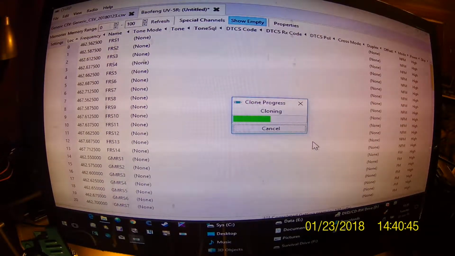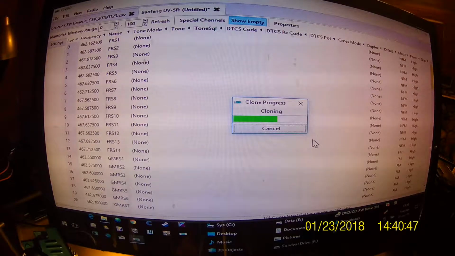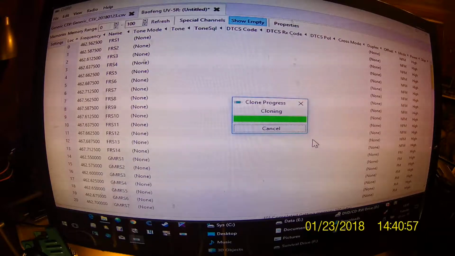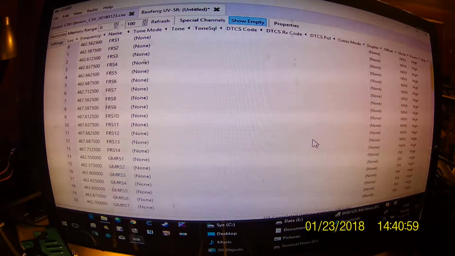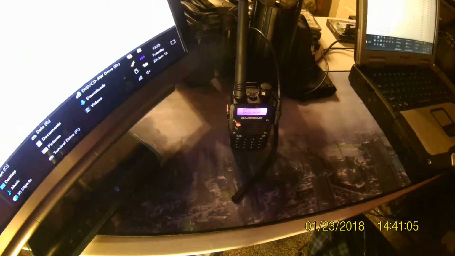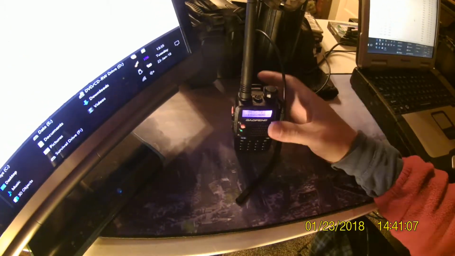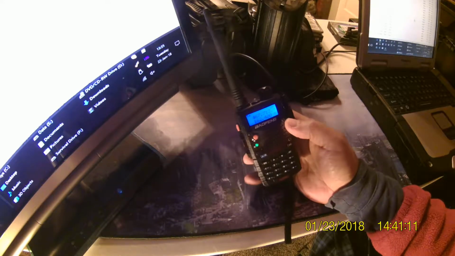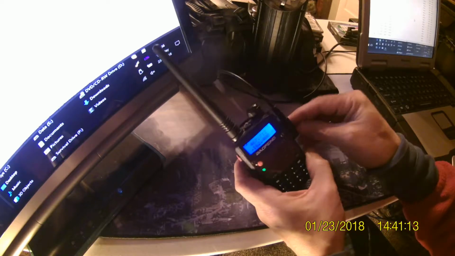All right. So basically, these are the basics behind communication. Your radios, the different types of radios, and how easy it is, especially with these types of radios, to buy an inexpensive $20 high-powered radio. And by the way, once you're done programming,